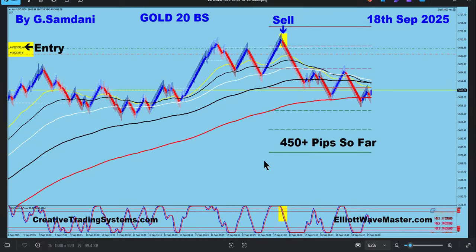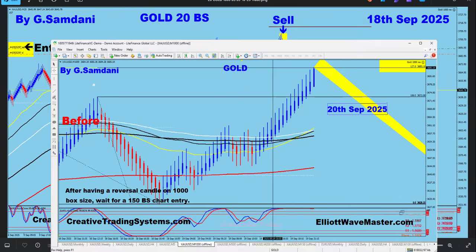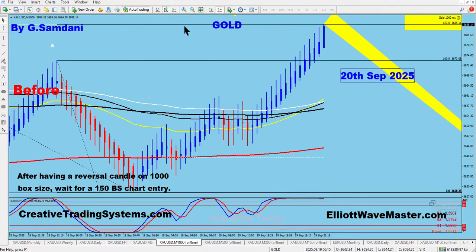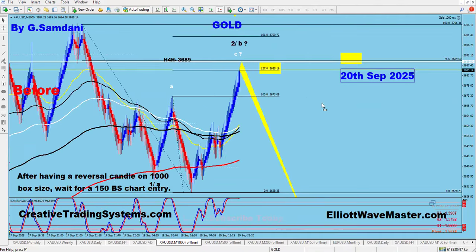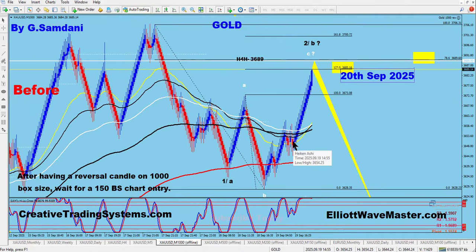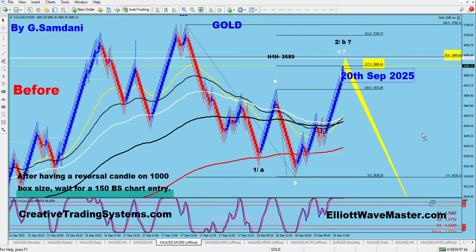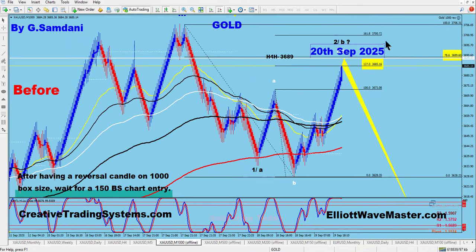But usually my thing is that, with the setup, this is how it is, usually. That's just an exception. Once in a while I do that nonsense. But yeah. So now you can see that it went all the way here and very close to the 78% already, bypasses the 61 already, and 78% is about to come, but it is already at 127. So you understand now what the game is.